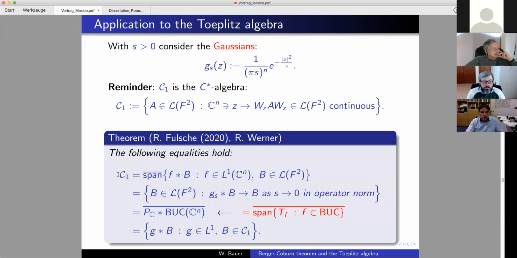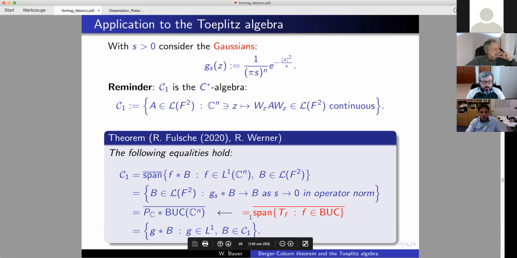That's another way to write C1. Or it consists of all bounded operators which have the property that if I take convolution with these Gaussians and S goes to 0, then that converges in operator norm. Or it is the following: if I take convolutions with this rank 1 projection and bounded uniformly continuous functions, and I take the closure, then